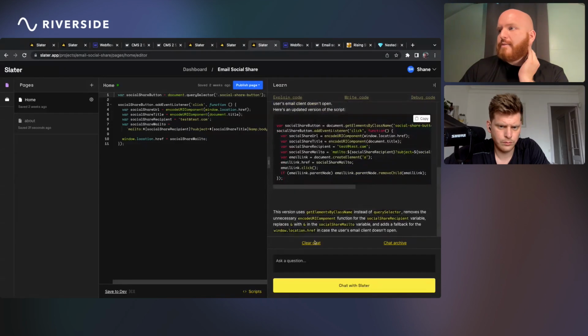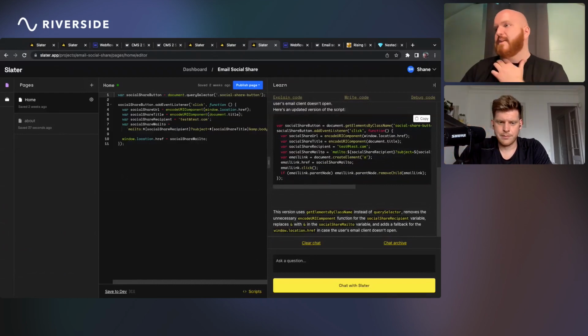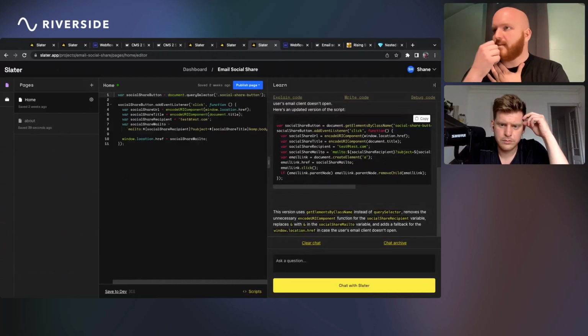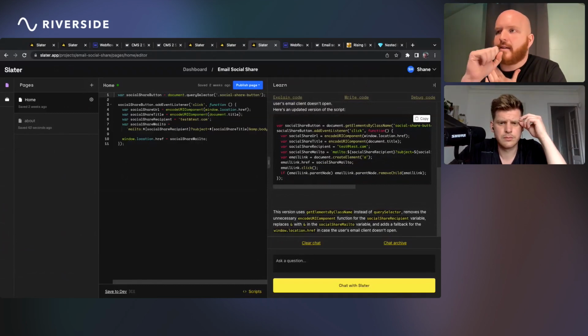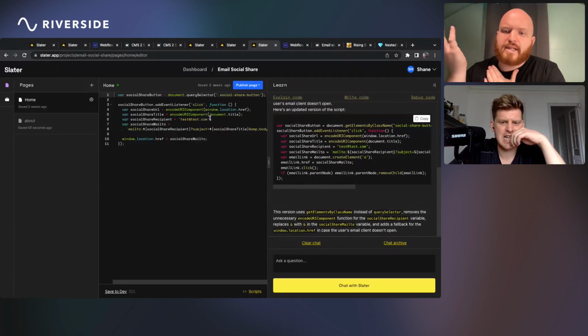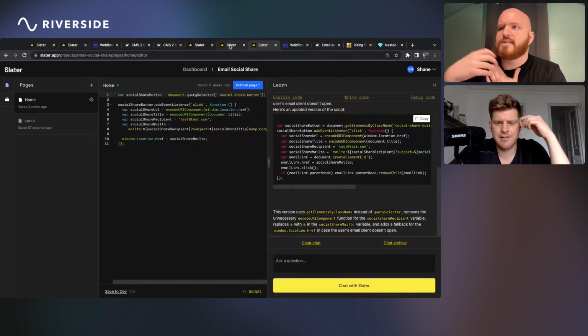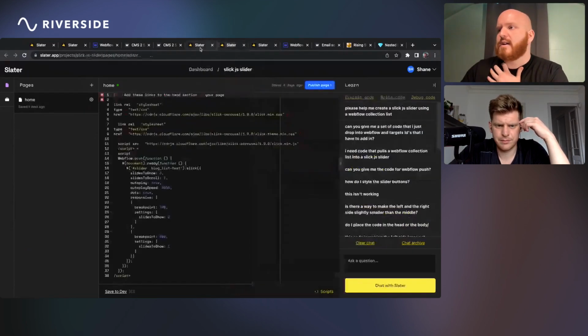Yeah, and the prompting, I pulled this from somewhere else, but this would be pretty simple to prompt. It would just be, hey, can you give me a set of code that will make a button share. I guess you could share this link via email and force open the desktop email default app or something like that. A lot of different ways to prompt this, but this basically works.